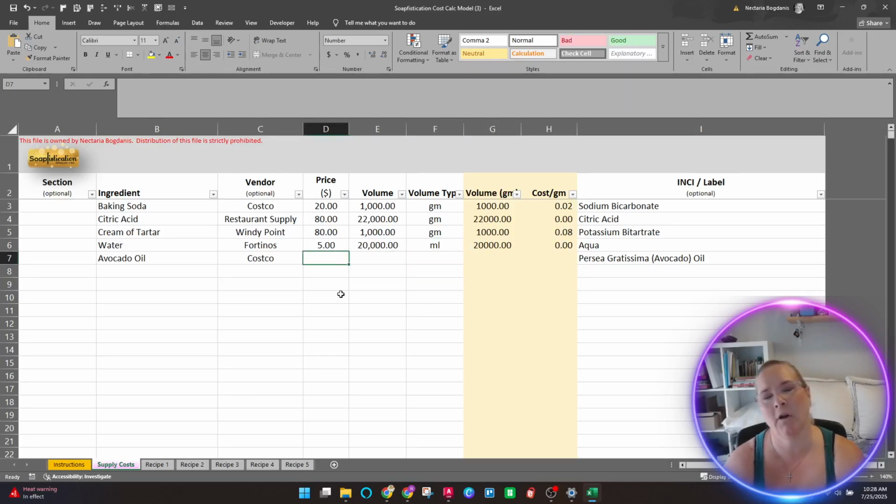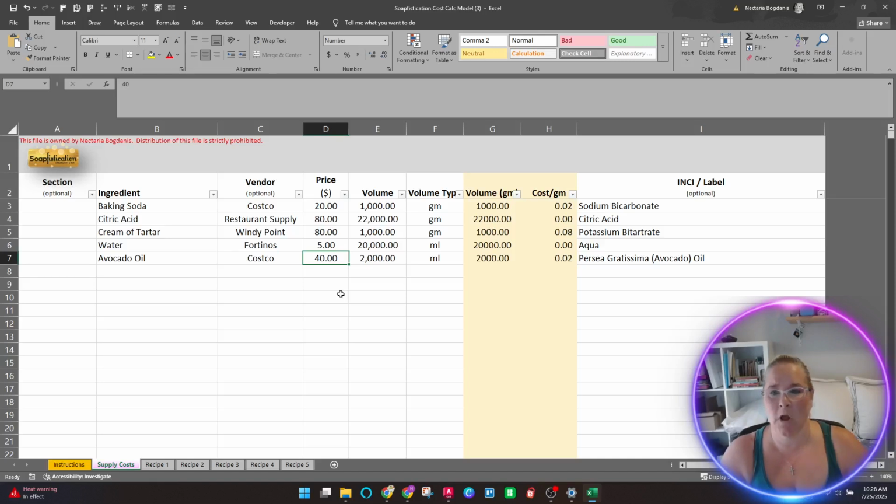And my avocado oil is going up in price. So let's say that's $40 for 2 liters. Okay, let's just pretend these are all my ingredients. By the way, what I would recommend doing is if you're paying tax, I would put the tax in with that price, because that's really what your price is,